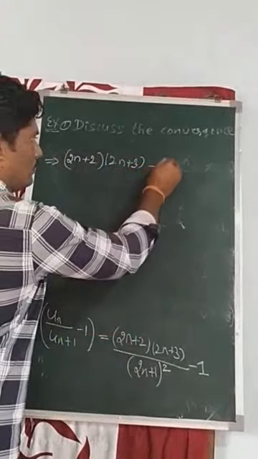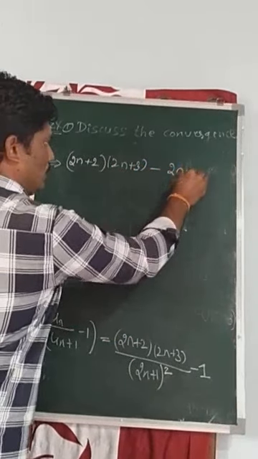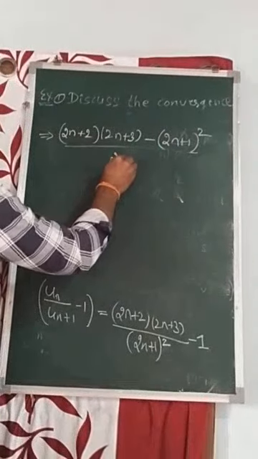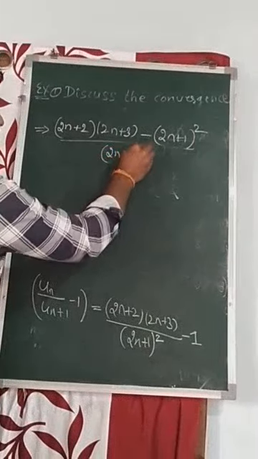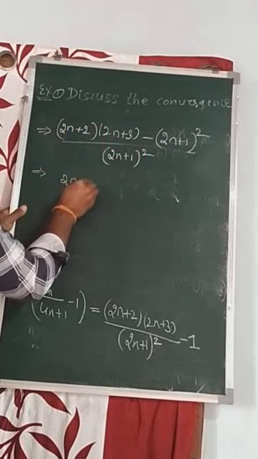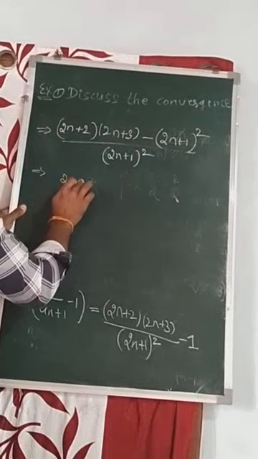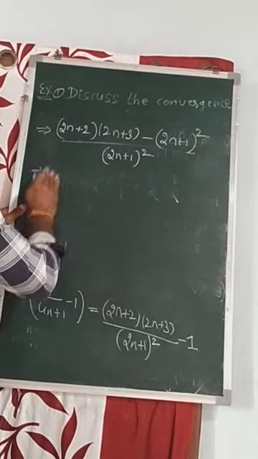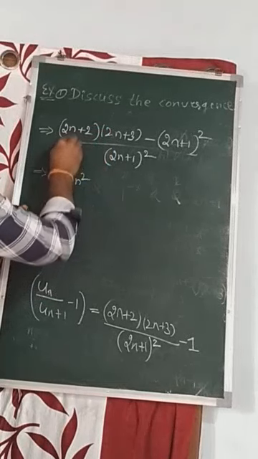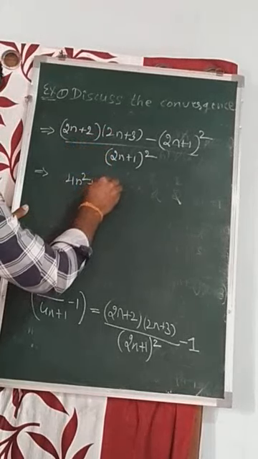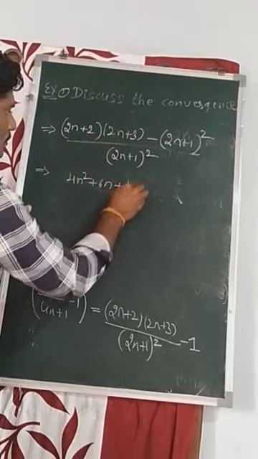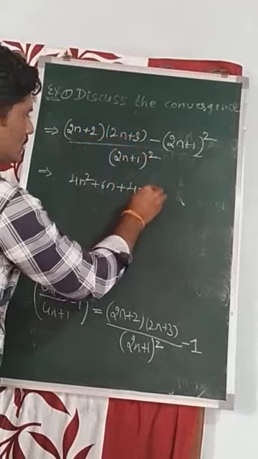Next, minus of 2n plus 1 bracket square, whole divided by 2n plus 1 square. Simplifying this, multiplying 2n into 2n, 4n square, plus 6n, 3 into 2, 6n, plus 4n plus 6